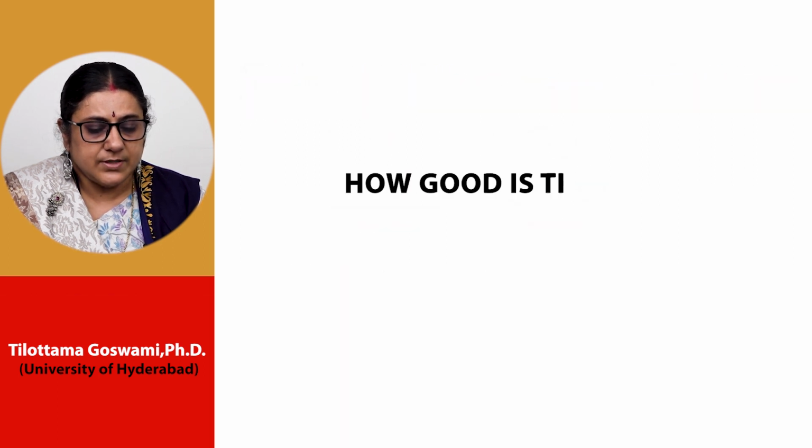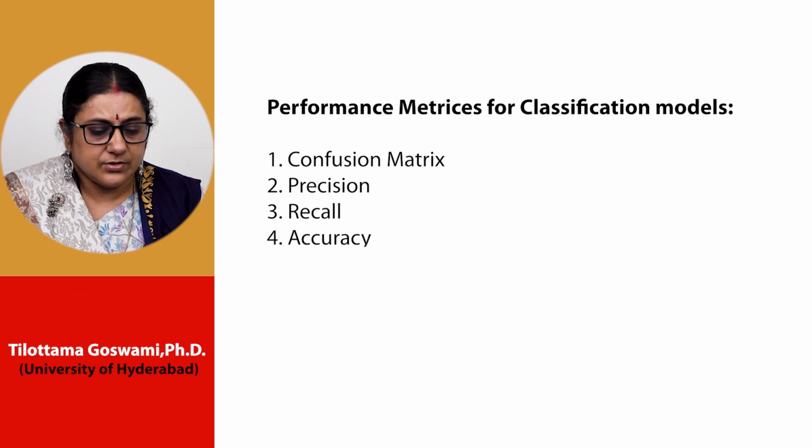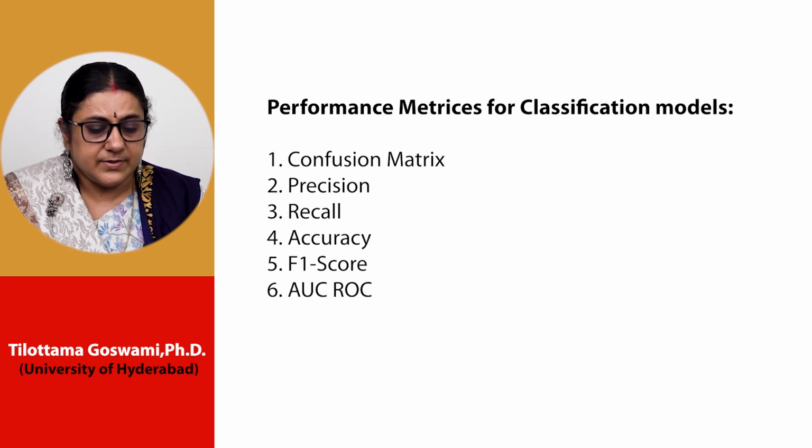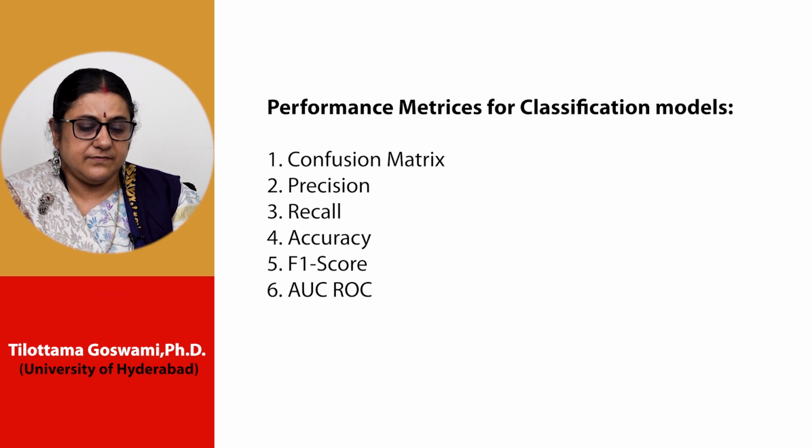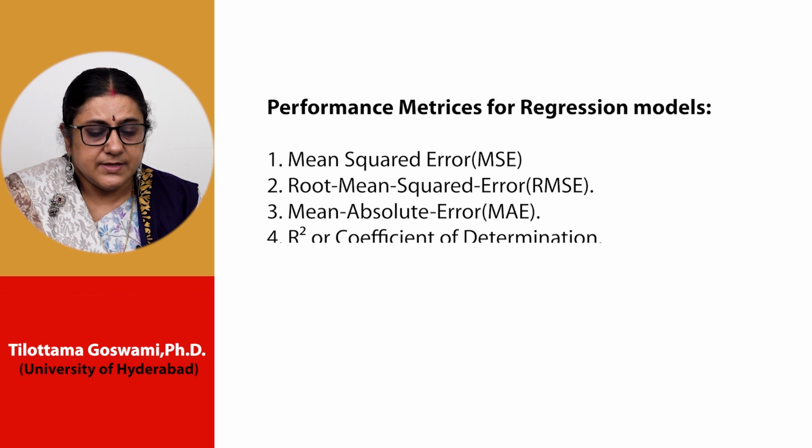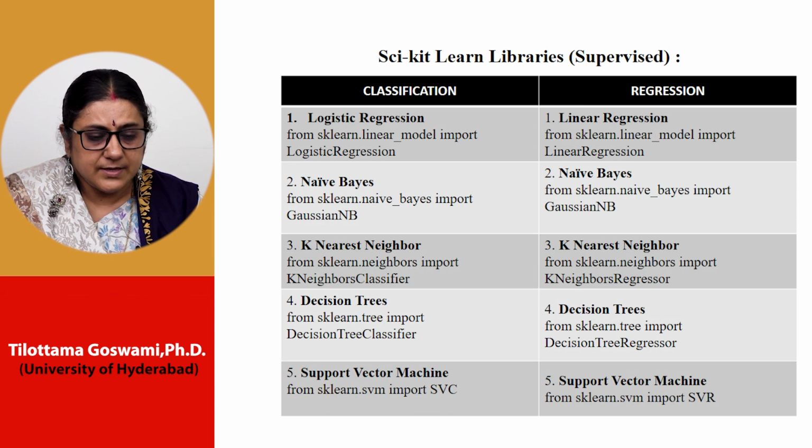How good is the model? The performance evaluation of the model. For classification models, the metrics are the confusion matrix, precision, recall, accuracy, F1 score, and area under the curve. Performance metrics for regression models are mean squared error, root mean squared error, mean absolute error, R-square or coefficient of determination, and adjusted R-square. These same functions are used with the scikit-learn libraries. For classification, logistic regression: